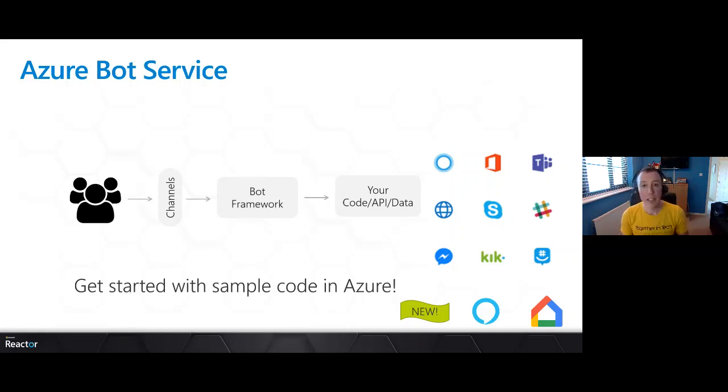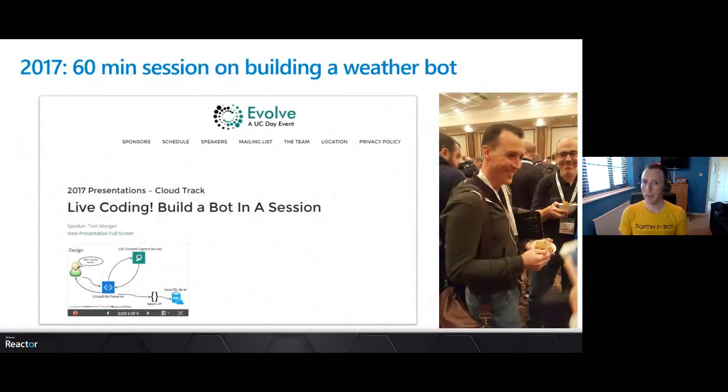And this has been a really interesting evolution in how the bot framework has grown over the past few years. It's really grown in stature, it's grown in capability, and I think grown in importance as well. Just to give you a bit of a story about that, I first started talking about bots in 2017 around the bot framework. And my go-to demo for building bots is a weather bot, because everybody understands the weather. Everybody knows what a bot might look like that does the weather.